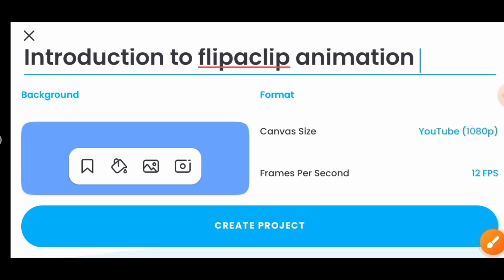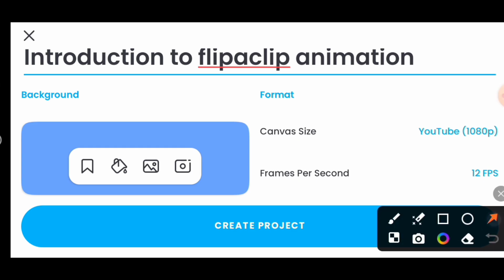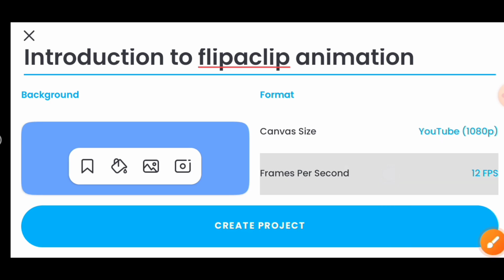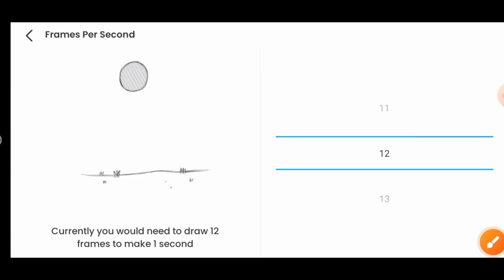Then what is the frames per second? This frames per second indicates the number of frames you want to appear for every single second. So what does it mean? This frames per second means, let's say now